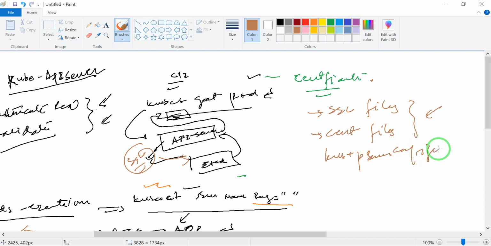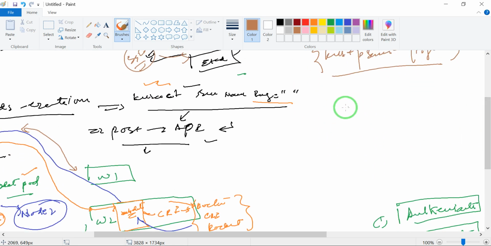This is just extra knowledge for you. If you have the master node outside your organization and you want to access it, you need to make the communication from your PC to your Kubernetes server.